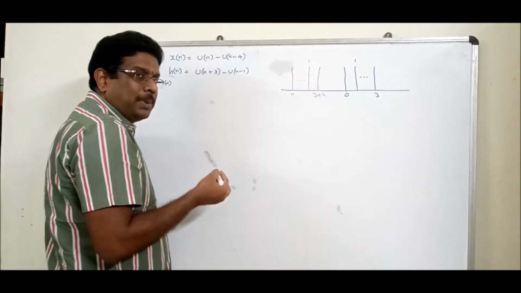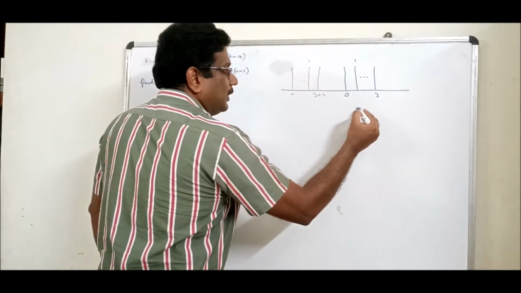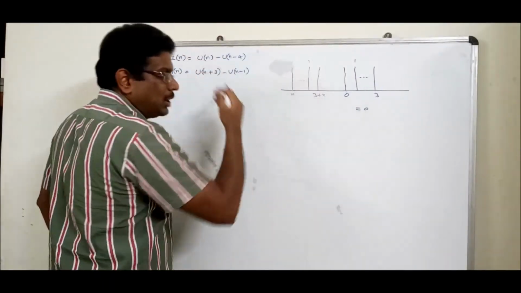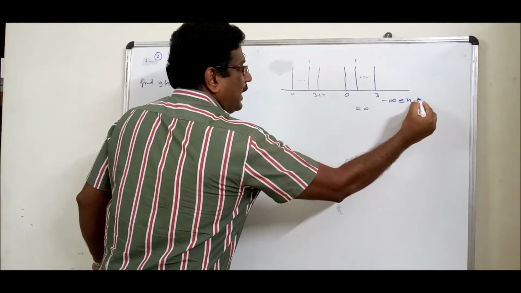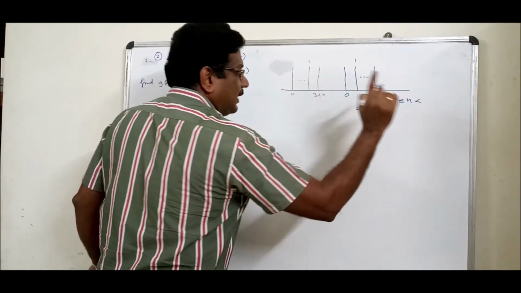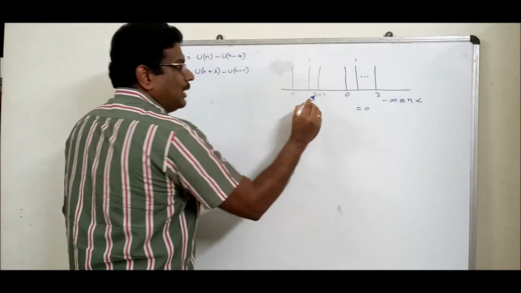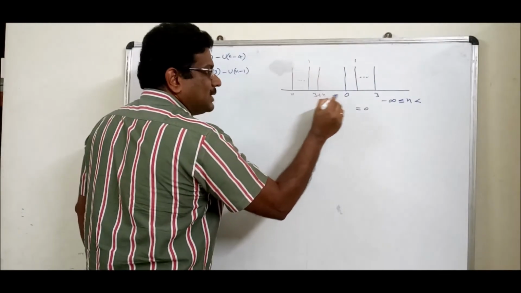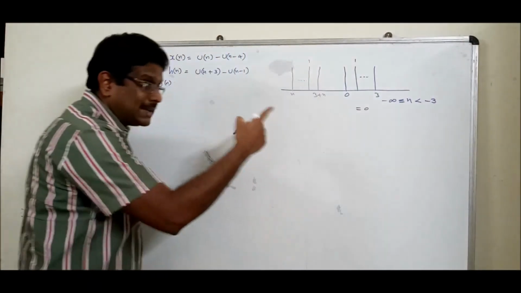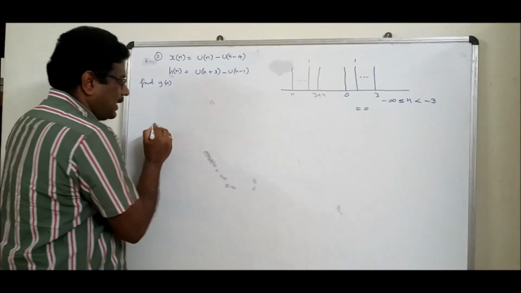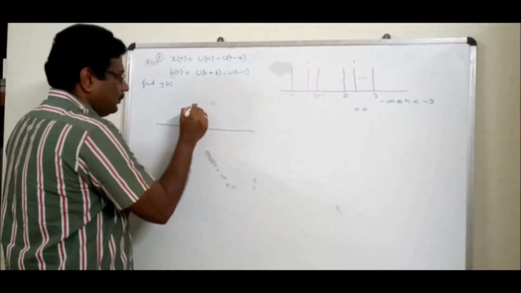Right now, is it overlapping? No. Answer is 0. From where? Push it back. Minus infinity less than or equal to n. Careful, less than. I give the important tips. This should touch here. Am I right? 3 plus n touches 0. Answer will be minus 3. But less than. Okay. Next, careful with the diagram.